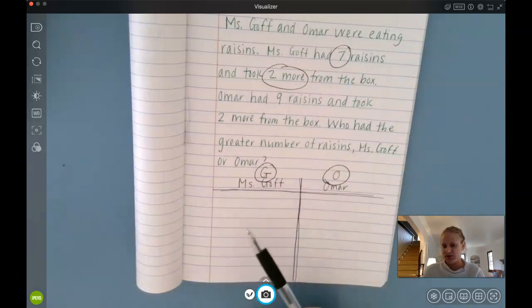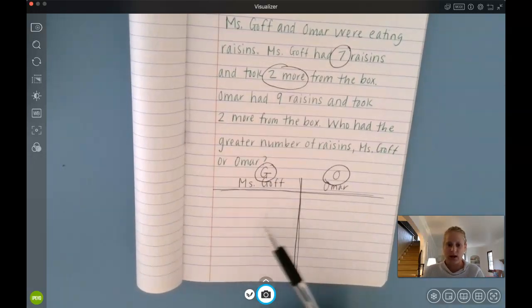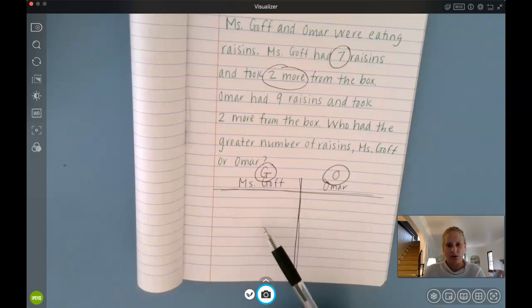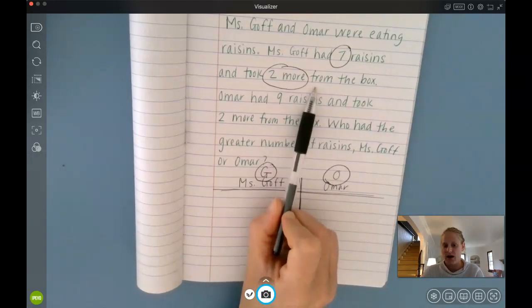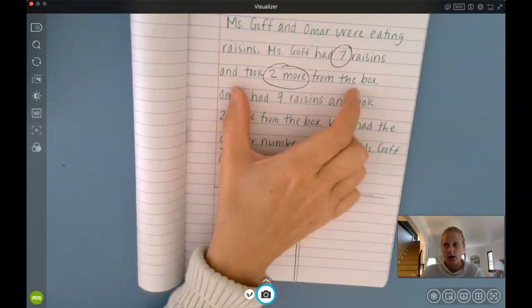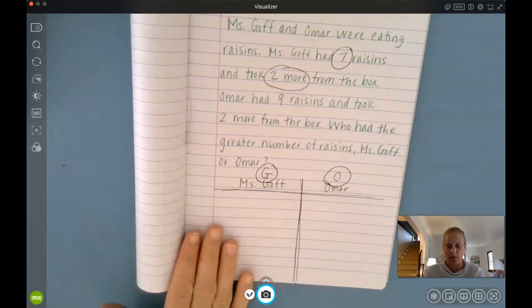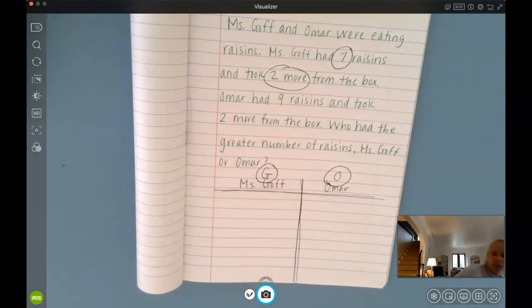And here, eventually, Christy, what you would want is just have kiddos draw this. So I would just say, and your kids could probably do that at this point, so you might say here, okay, friends, I'm going to give you 1 minute to show here how many raisins Miss Goff has. And then you can put your phone under the doc cam with a timer of 1 minute and just let kids work for a minute. And then say 1, 2, 3, show me, and have kids show you what they did.